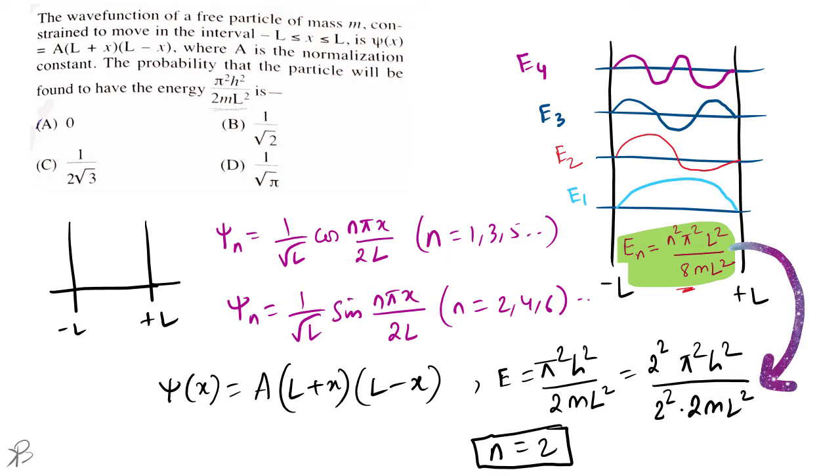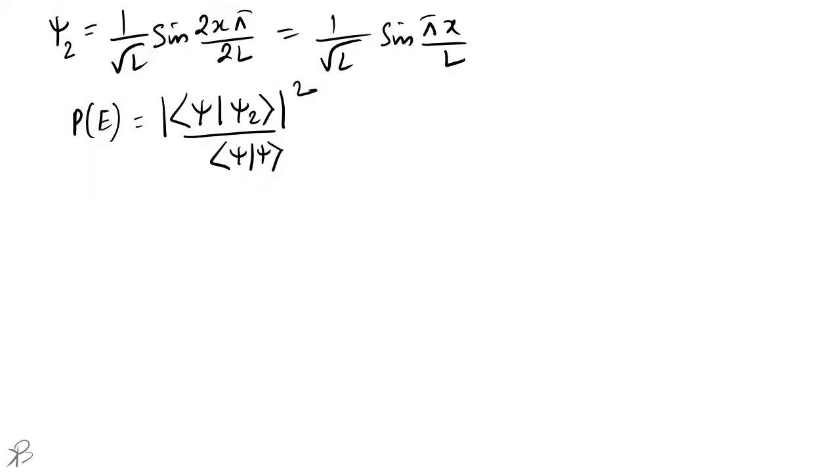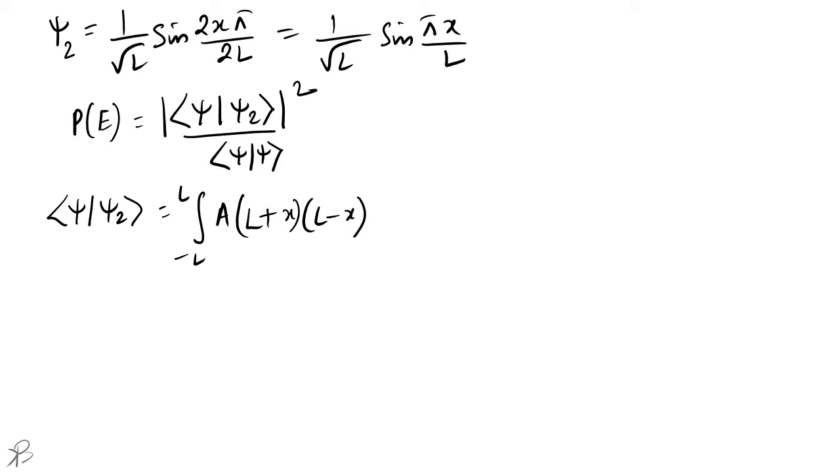For E2 we have psi 2, and then we are trying to find the probability. I hope that you got the idea how we are trying to solve. Now we are trying to find the value of the overlap with psi 2, which we can write as the integral from minus L to L of A (L plus x)(L minus x) times 1 by root L sine pi x by L dx,